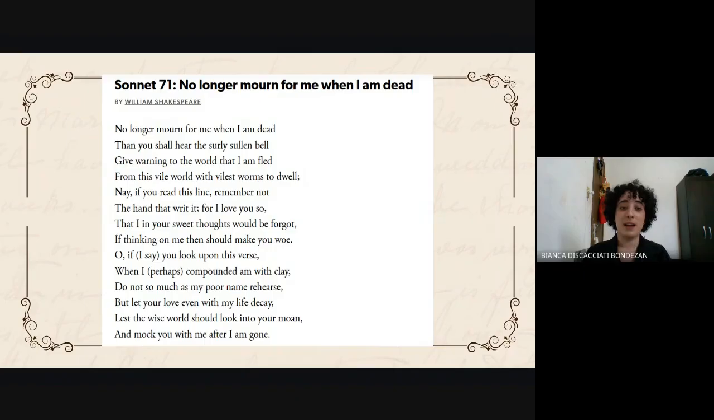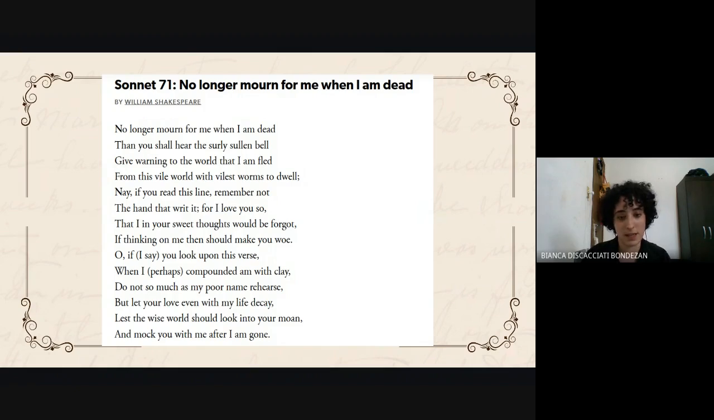No longer mourn for me when I am dead, than you shall hear the surly sullen bell give warning to the world that I am fled from this vile world with vilest worms to dwell. Nay, if you read this line, remember not the hand that writ it, for I love you so that I in your sweet thoughts would be forgot,